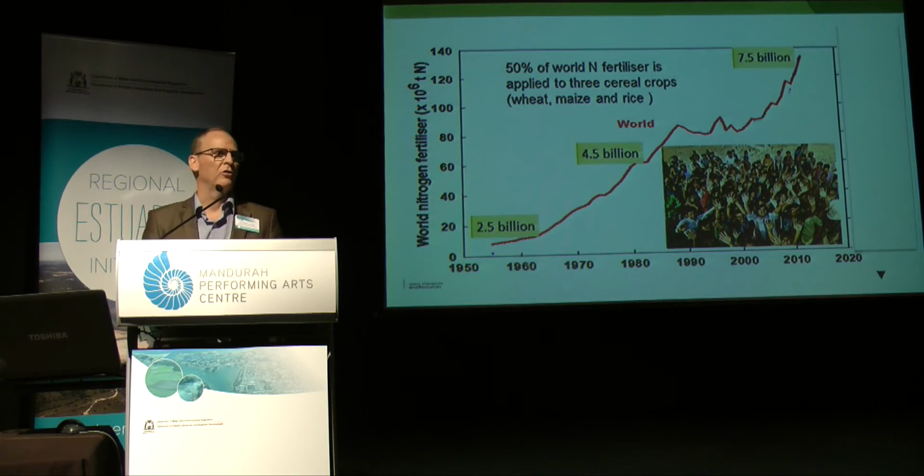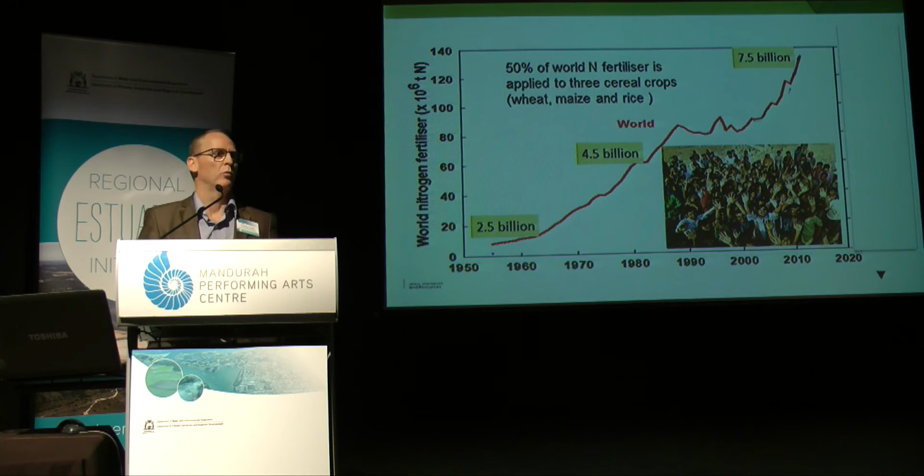We'll start off with 1960, a very important date, because that was the year that I was born, and apparently Nick Drew was born that year as well, so it was a pretty good year, 1960. At that point in time, there were about 2.5 billion people on the planet. We contrast that now to 7.5 billion, and as I say, an estimated 10 plus in the not too distant future. And over that period of time, we saw a very dramatic change in our agriculture.